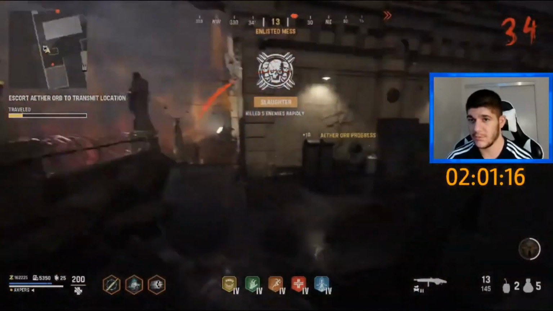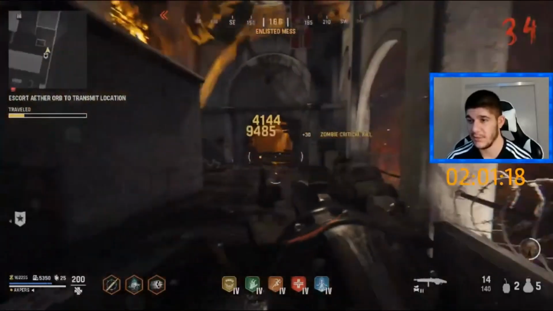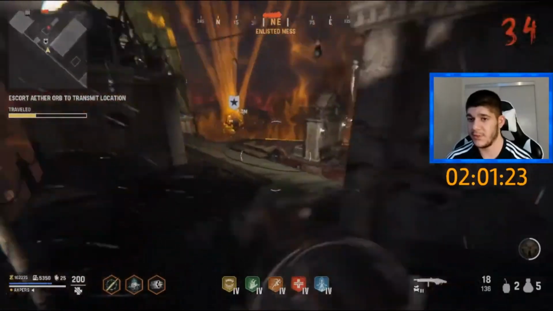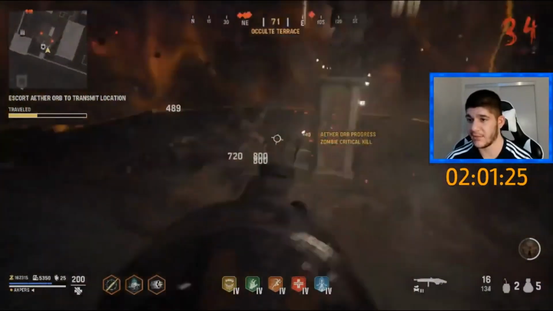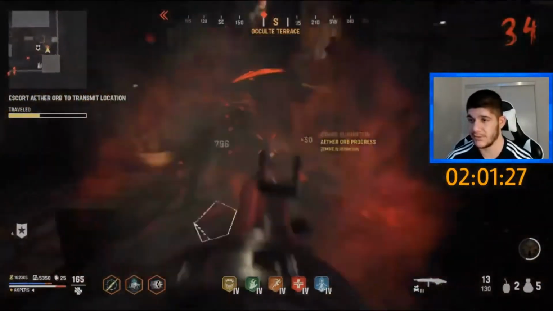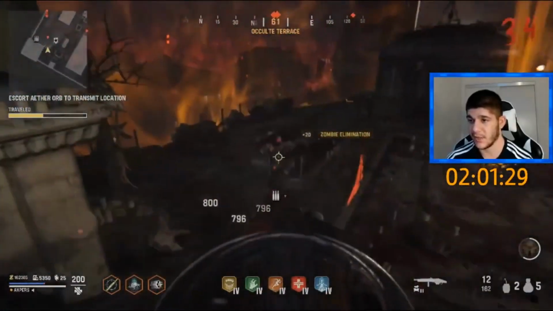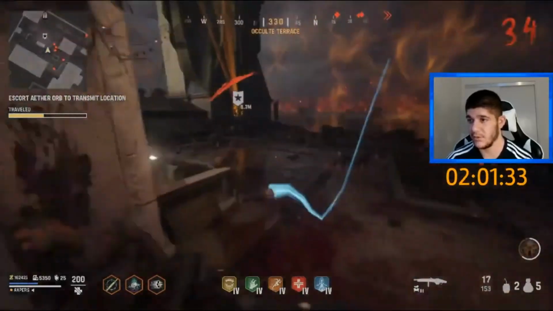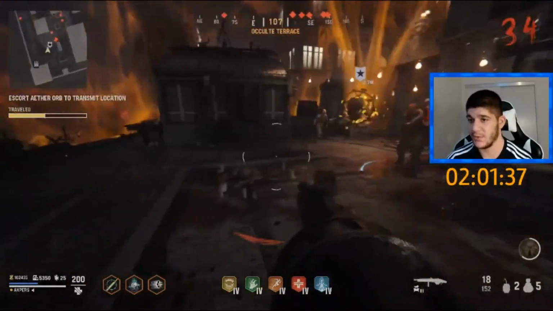Okay, this one's a little bit more annoying personally, but so far so good. We're like 20% in. That loading bar is not very accurate because sometimes it moves really slow and sometimes it goes really fast. Okay, now I'm gonna throw 1 decoy right here. I think this area is a little bit more dangerous, so